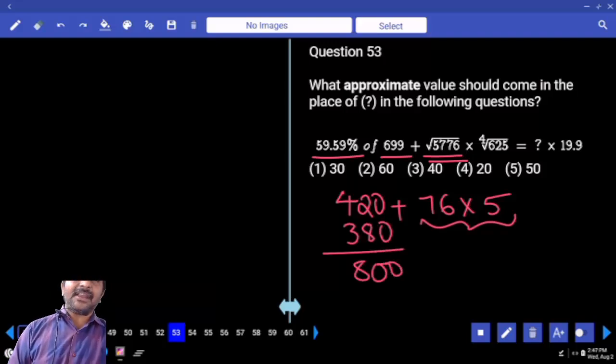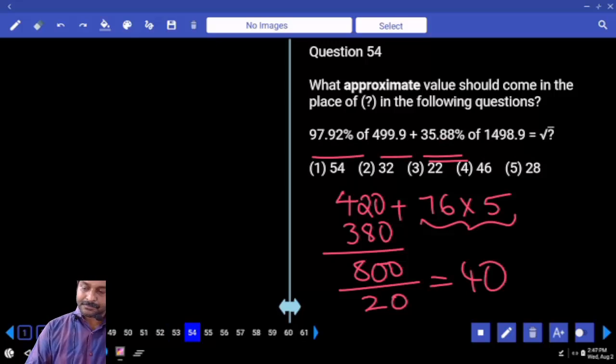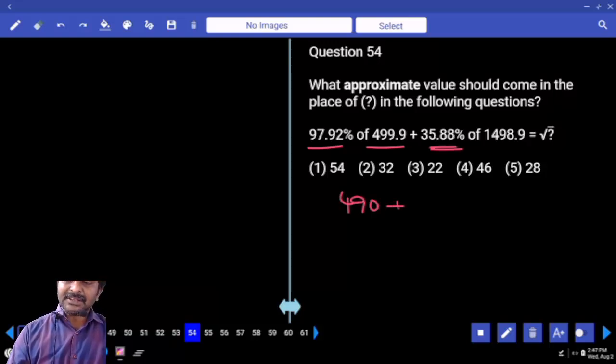800 is equal to right hand side number x into 20. Then x is equal to divided by 20. 40. What percent? Of or 500% of 98? 5 times of 98. 980 and half. 4 plus 36% of